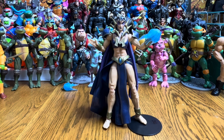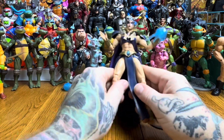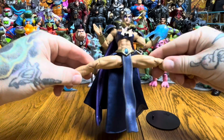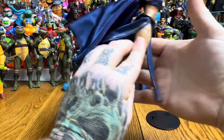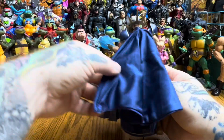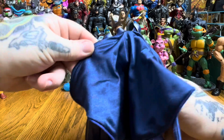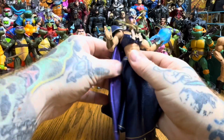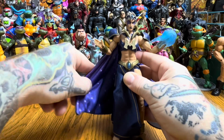on her own. I guess one thing that we didn't check out, let's pull her back off the flight stand. Yeah, she's got a really good splits going on. She can do a really good split. The back of her, you can see she does have a wired cape, so you can kind of bend this around to do what you want and kind of flow with the wind certain ways, or however you want to pose it so that it looks like it's